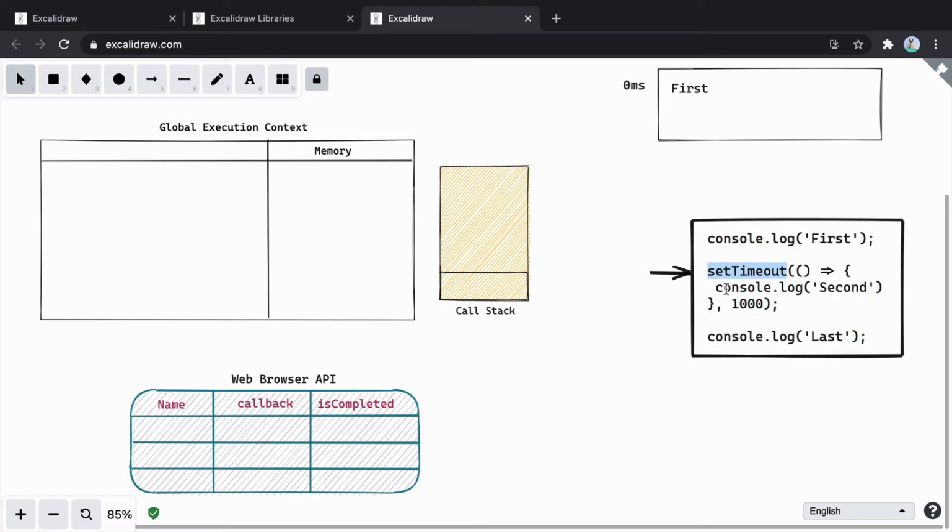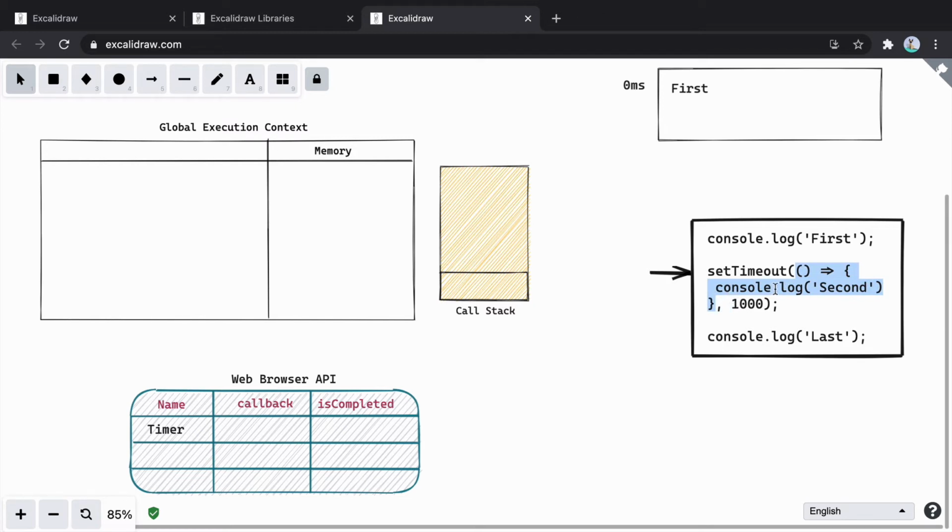As soon as you call this function, the web browser API will take note of what you're calling. You're calling the timer API, so it will be like, okay, the programmer is trying to call a timer API, I'll take a note of it and put it right here. So the timer is added. And what do you want this timer to do? You want this timer to call this